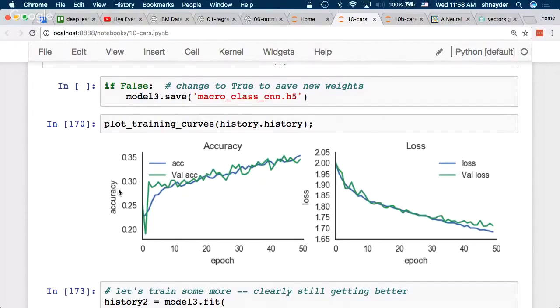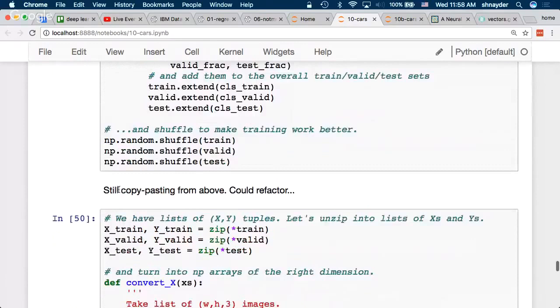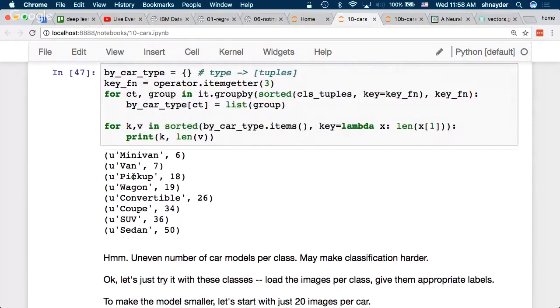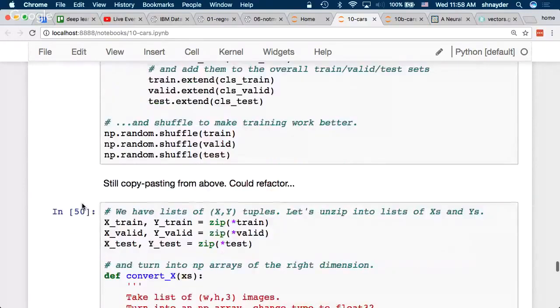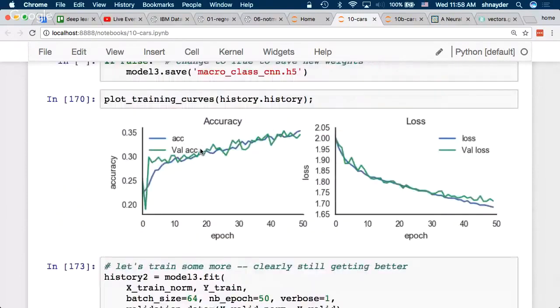Or is it 8 classes? I thought it was 8 for some reason. Maybe I was wrong. Sorry, not that it really matters, but 1, 2, 3, 4, 5, 6. Yeah, it is 8. Okay, I guess I missed one up there. So what's happening here?